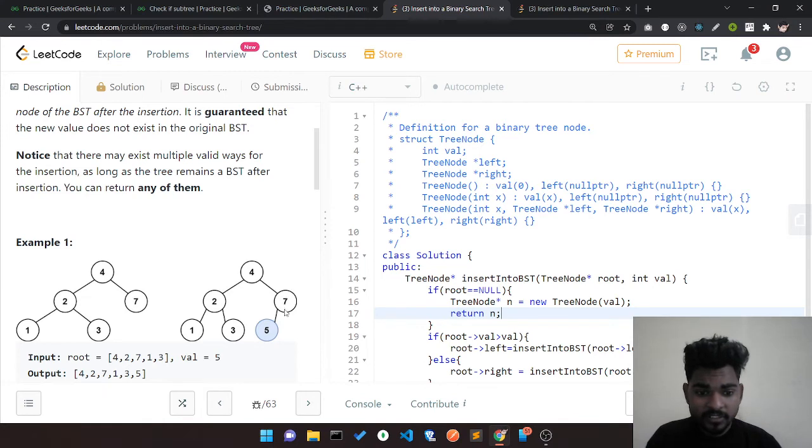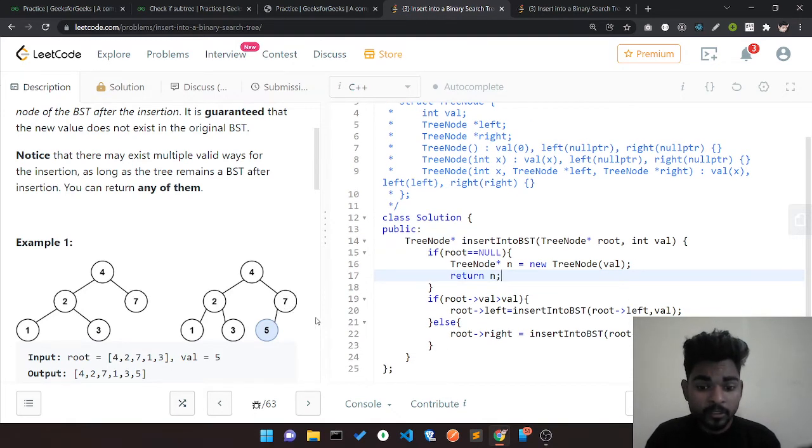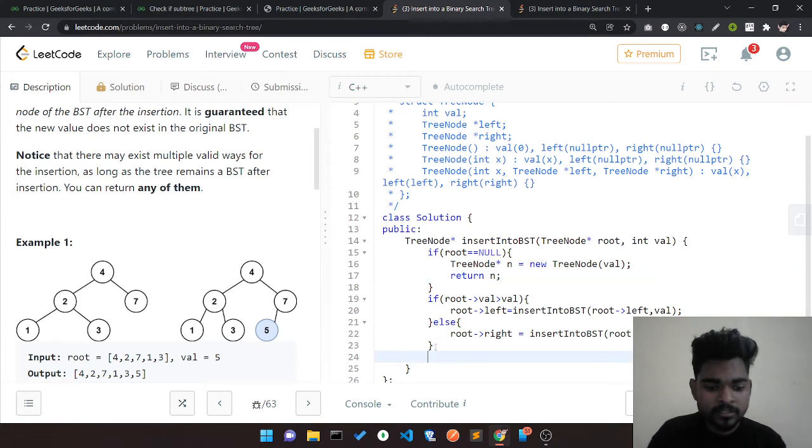So I'm inserting here, and after the call reaches this root, I have to return this root. If it reaches here, it returns n. So it reaches 5, and after that the recursion backtracks. It backtracks to 7, and 7 also gives something back. So we want to return this root node again. So I'll write here return root again.